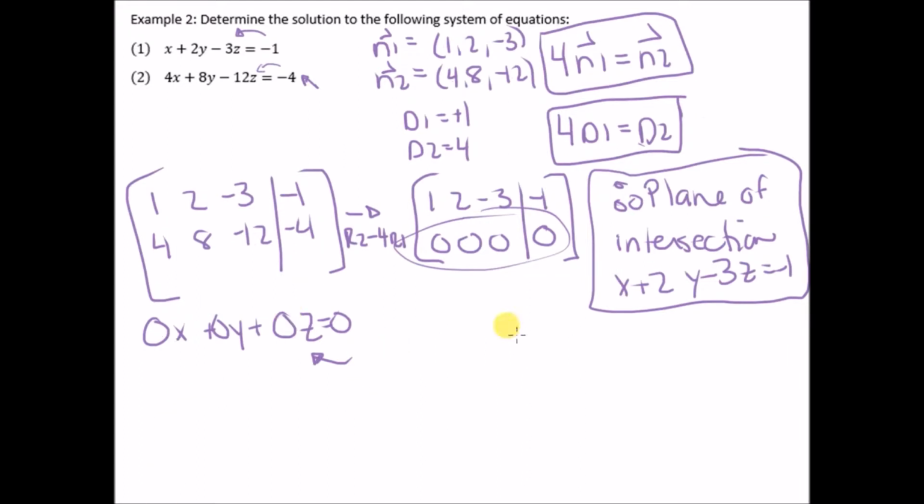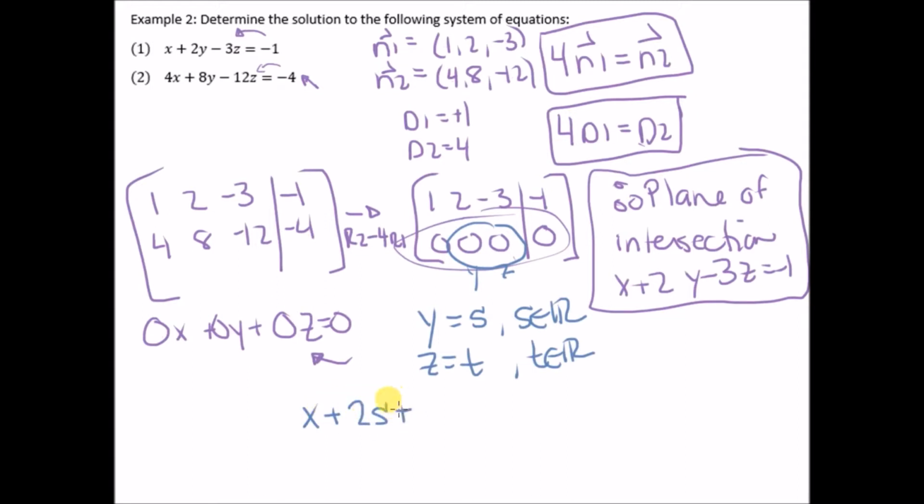how we do this is a little bit different, okay? So we need to sub in two parameters for the y and the z values. So let's say y has the parameter s, such that s is an element of the real number system, and z has a parameter t such that t is an element of the real number system. So our plane of intersection is x plus, instead of writing 2y, we're going to put 2s, plus, minus 3z, right? And we get that from here,